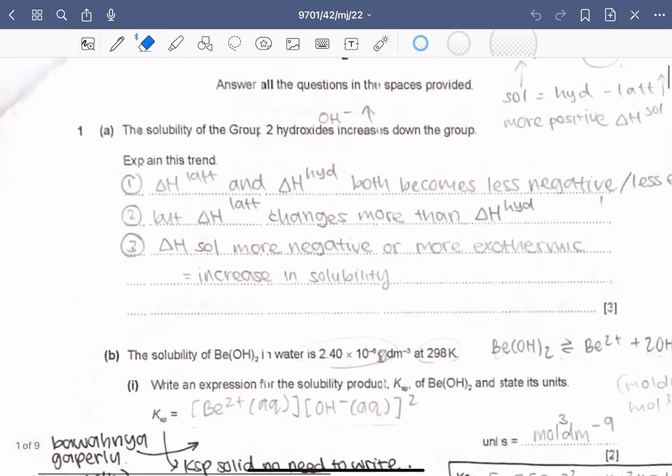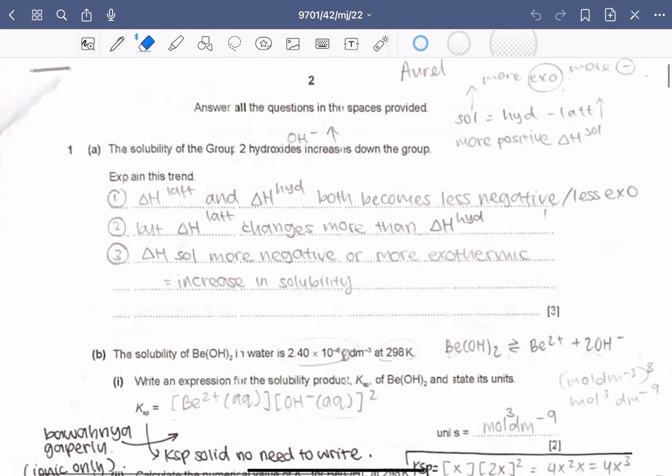So number 1, 1A, the solubility of the group 2 hydroxides increases down the group. Explain this trend. This is a 3-mark question, and usually the other question that A-level likes to ask is explain why the solubility of group 2 sulfates decreases down the group, and it's practically the opposite of answering a question on group 2 hydroxides. So for this, why group 2 hydroxide solubility increases down the group is because the enthalpy